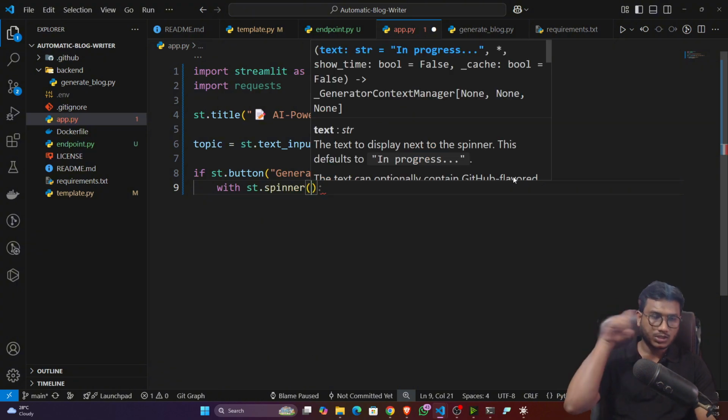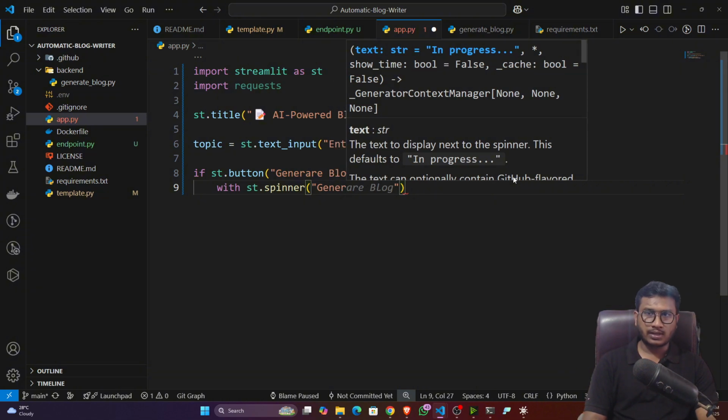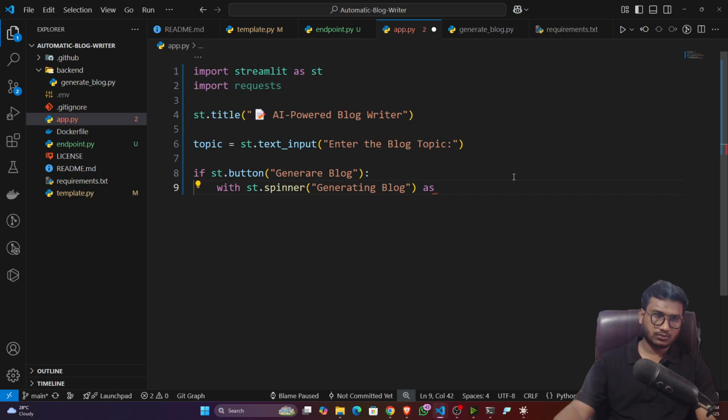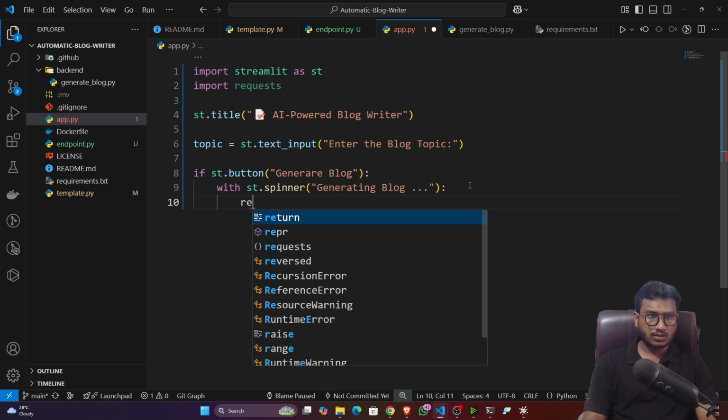Spinner means it will show you a loading animation. During loading, it will give a message called generating blog, and I can give the three dots maybe. Then once it is done, inside that I will hit the request. So request